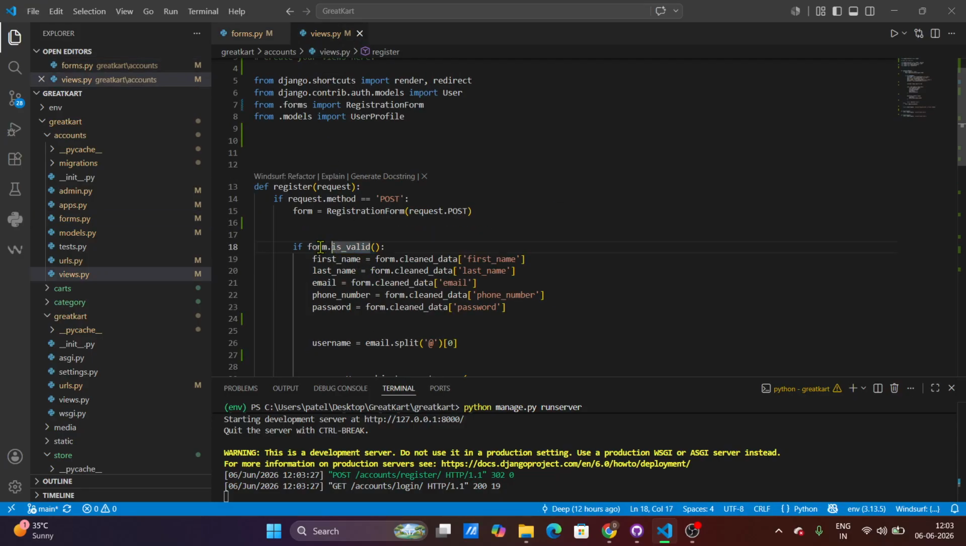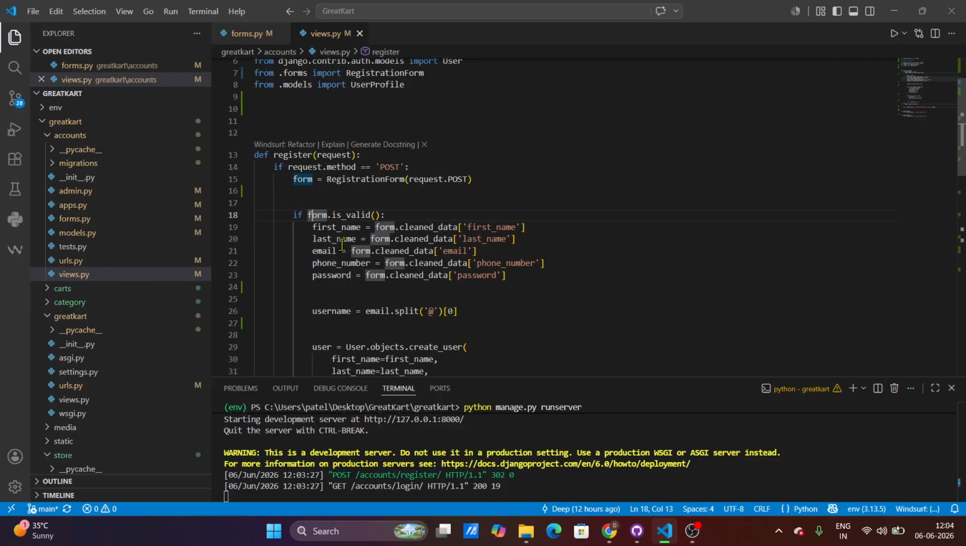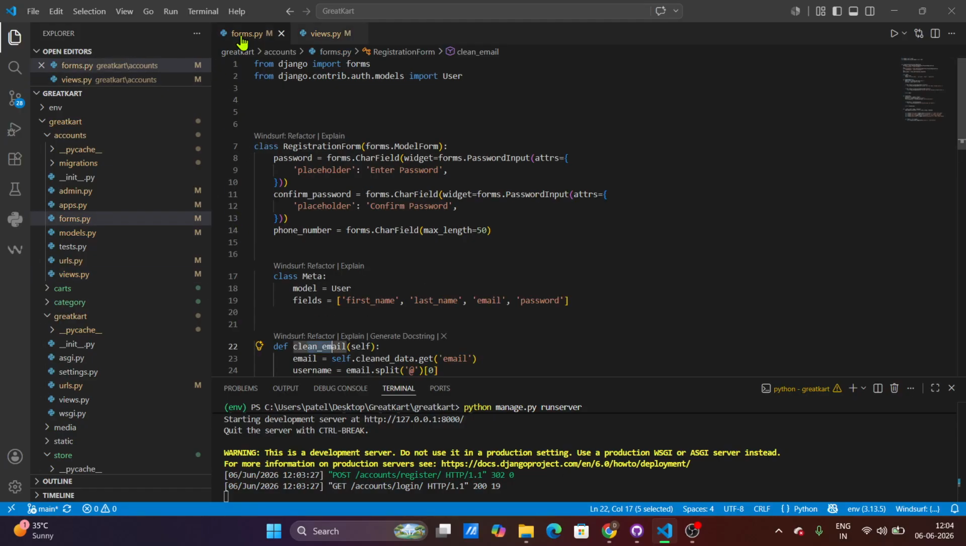Here, this is basically returning false or true. Okay, it returns true if the form has no error, or false otherwise. You can see here, if the form has any error, then this will become false. And if the form data is totally fine, then this will return true. And when this form.is_valid executes, then Django automatically calls this method,